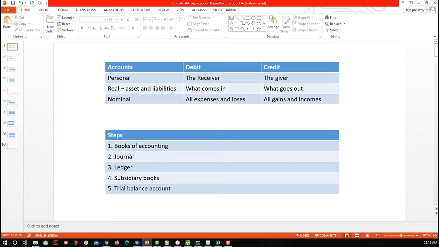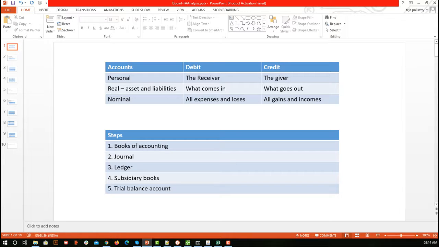In the journal, for each transaction we maintain one record. Now in the ledger, whatever accounts are involved in the transactions in our journal, we pick each account and segregate transactions based on the account. The good thing about the ledger is that we need not use our brain. Whatever we have written in the journal, we just use it and write it in a different format. So it is kind of easing.